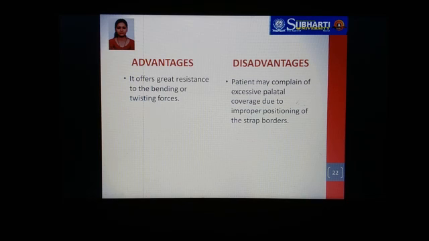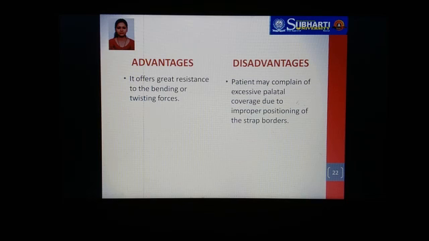The second type of maxillary major connector that we will be talking about today is the combination. That is, it combines the anterior strap as well as the posterior strap. So you can see this middle portion is going to be free of any kind of prosthesis or metal. This anterior strap, because it is a strap, the width should be 8 millimeters, and this is the posterior strap, the width should be 8 millimeters.